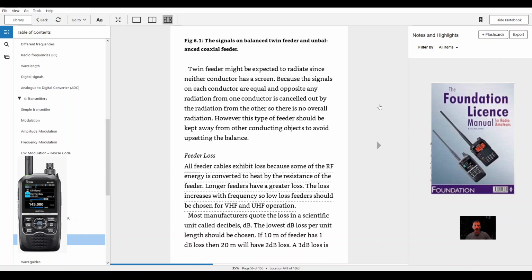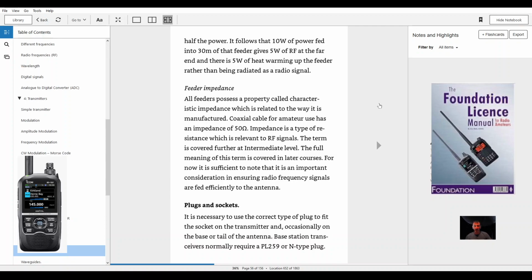If 10 meters of feeder has 1 dB loss, then 20 meters will have 2 dB loss. A 3 dB loss is half the power. It follows that 10 watts of power fed into 30 meters of that feeder gives 5 watts of RF at the far end, and there is 5 watts of heat warming up the feeder rather than being radiated as a